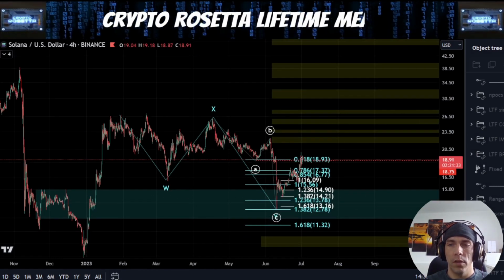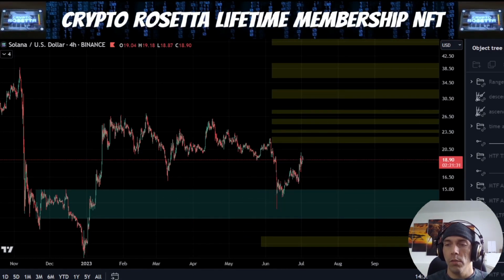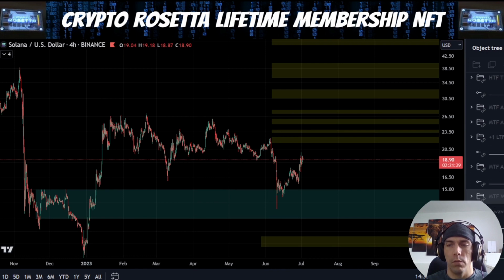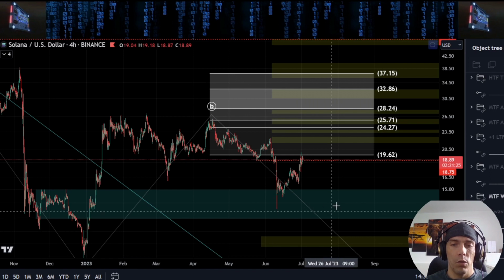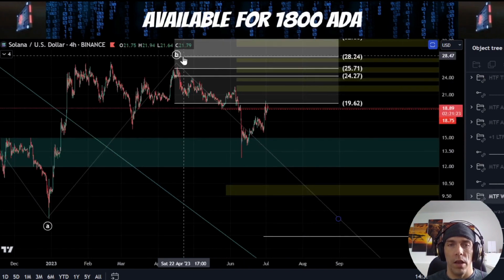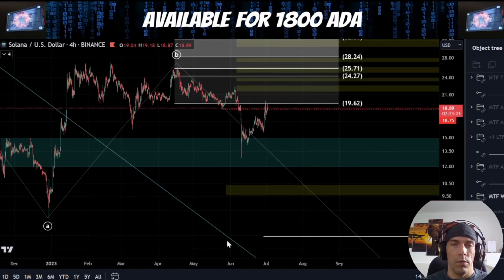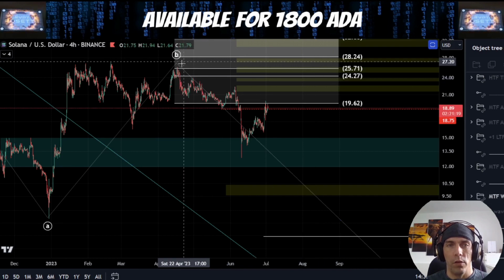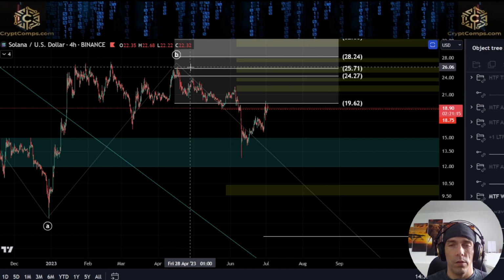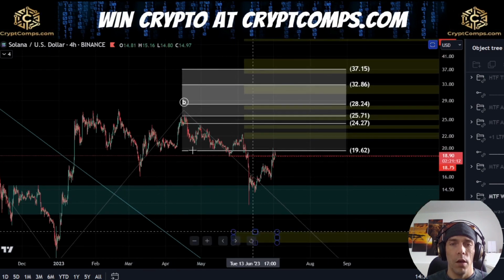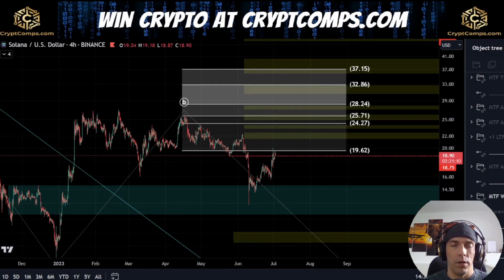because as we discussed in the macro video, there is always the potential that we could have this the other way around, where this is actually a B wave to the upside, and what we are starting is our next leg to the downside, where this actually becomes a C wave from this point. So really until we actually break back above this 26.06 region, I would just be cautious of the potential of us coming back down here one more time